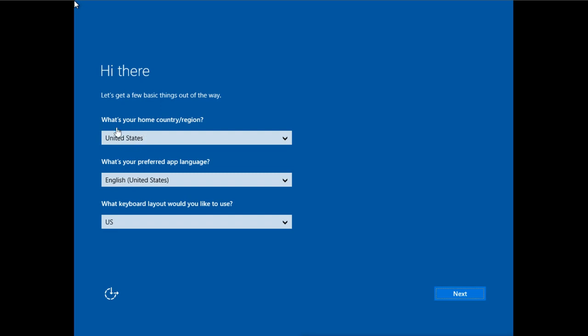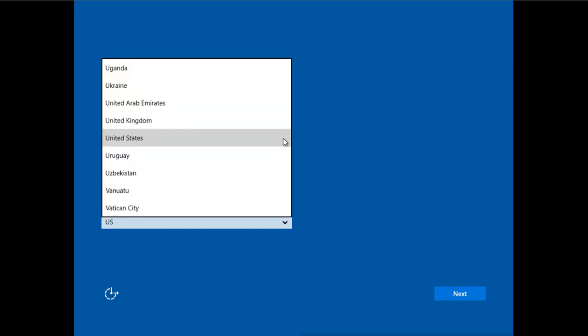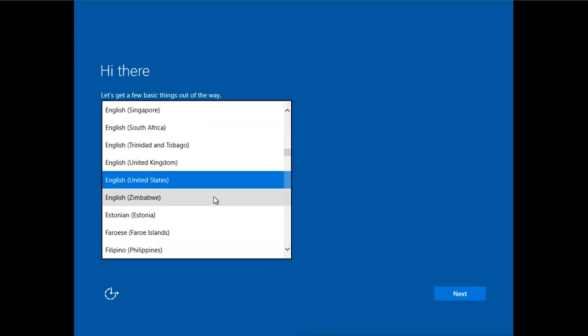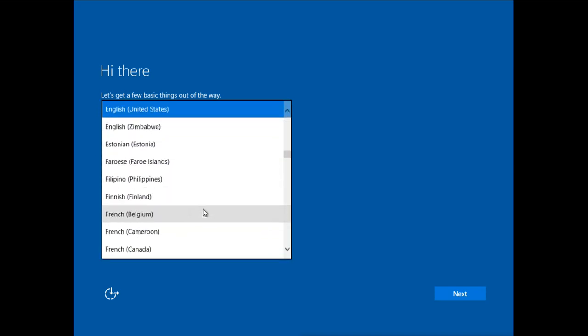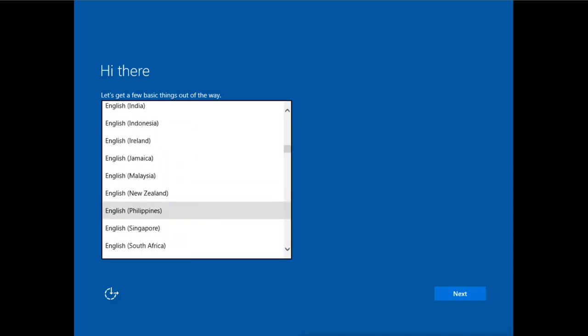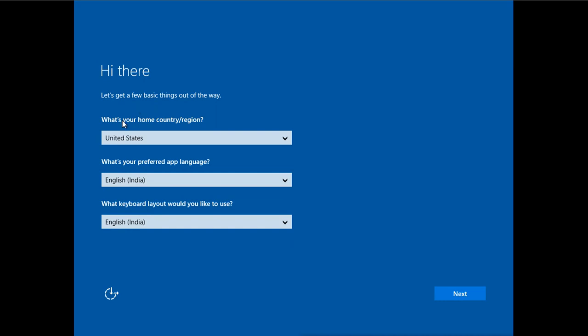So the country and language settings you select, the region and the app language you want, you can select this, like I will select this, and the keyboard layout.